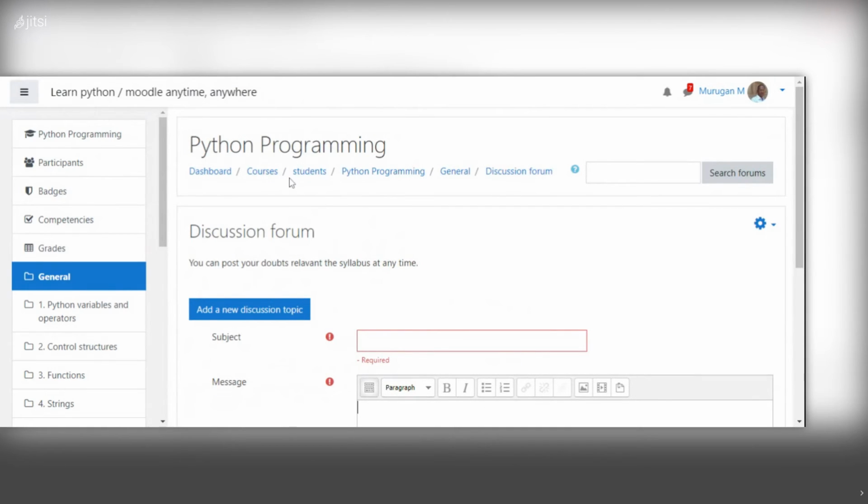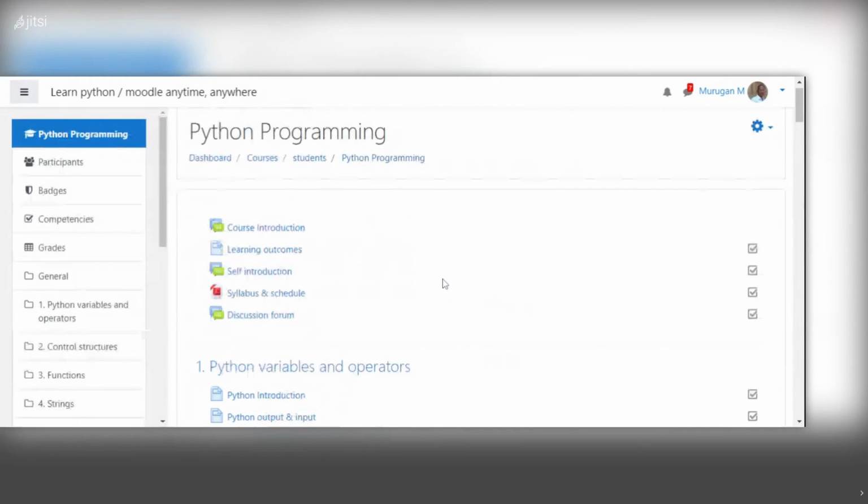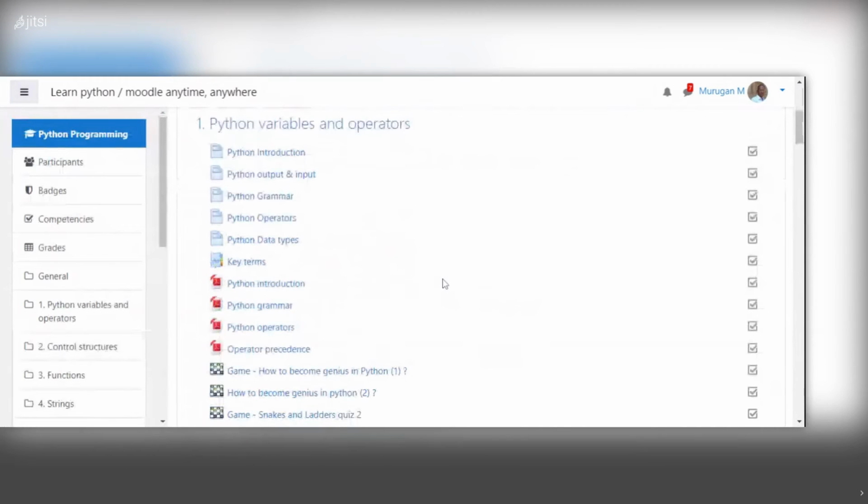So what are the activities in the class? Firstly, the teacher has to teach the lesson. If the students have any doubt, they have to clarify the doubts. Finally, the teacher will conduct the exam. All the facilities are available in this website. So it is possible to learn Python through online.